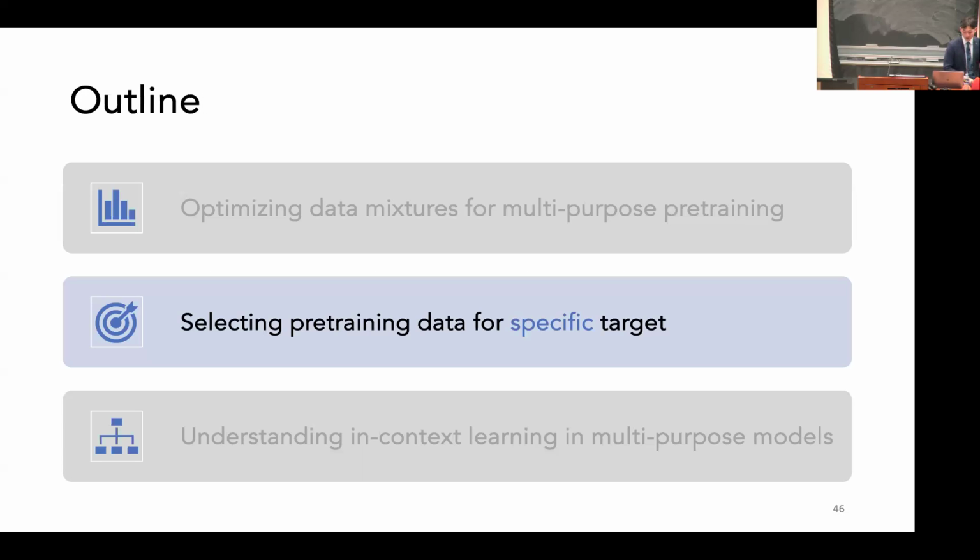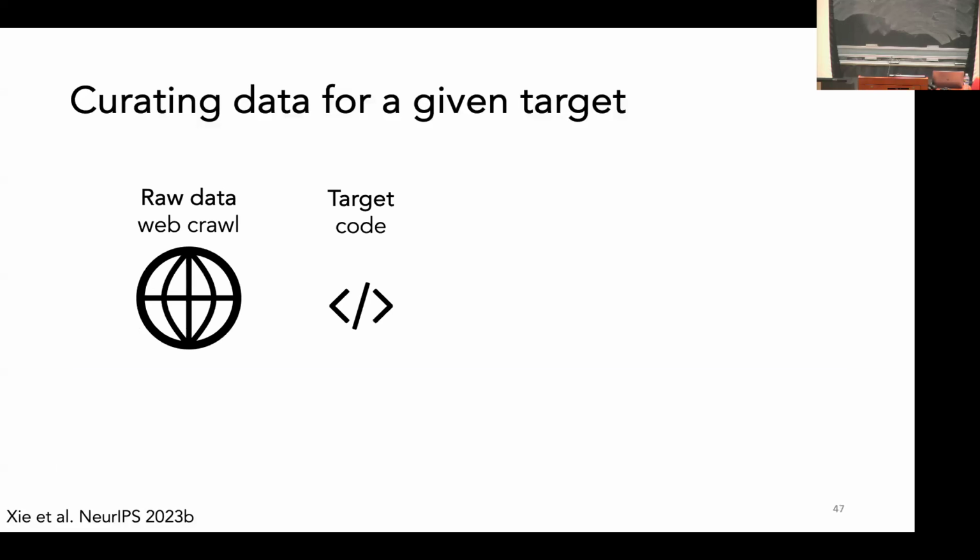Okay, so in that first section, we talked about multipurpose pre-training. In the next section, we'll look at selecting pre-training data for a specific target distribution. To set this up, we first assume that we have access to a large raw data set, for example, a web crawl, as well as a small target data set for the specific target distribution of interest.